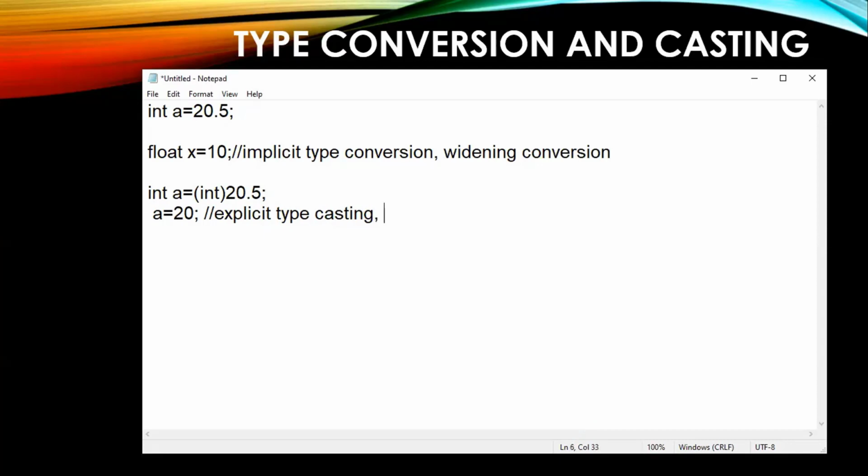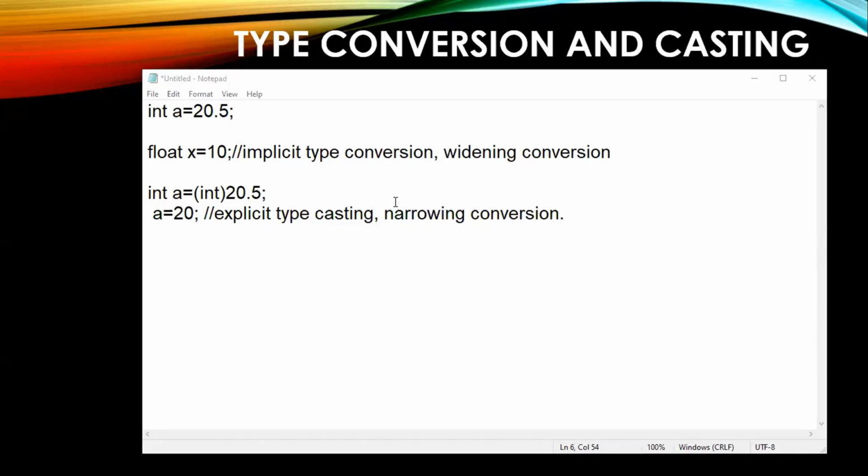Explicit type conversion in the sense a bigger value you are putting into a smaller space, right? So this is called narrowing conversion. Are you clear with the terminologies? One is implicit type conversion, the next one is explicit type conversion.